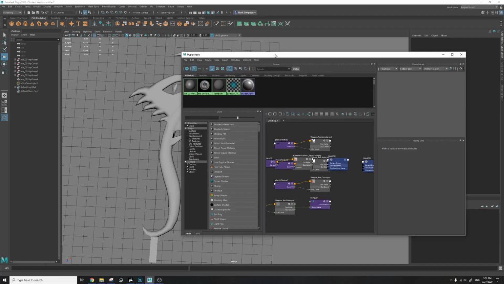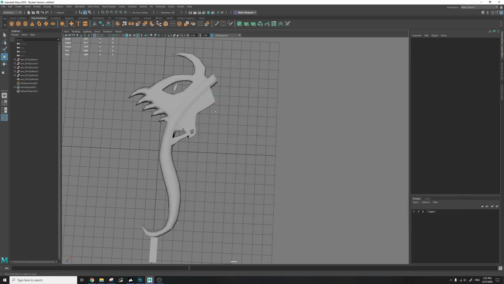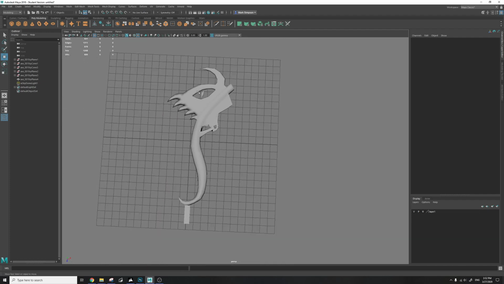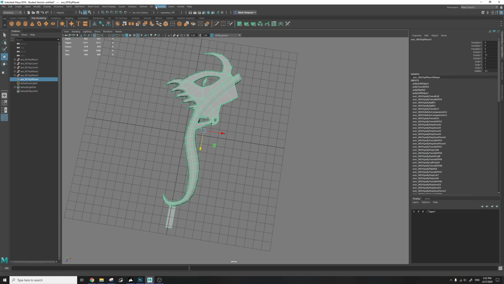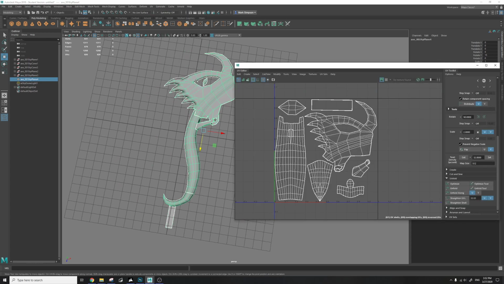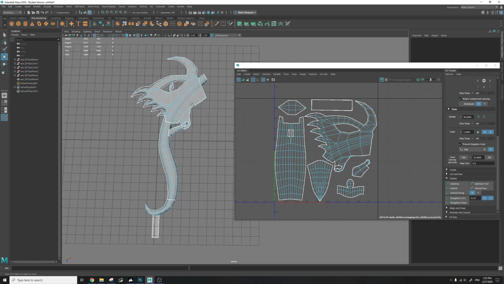Okay, welcome everybody. So today I'm going to walk us through the process of texturing the weapon. This is assuming that you've gone through the previous two tutorials of unwrapping, where we have all of our different parts laid out in the UV map. And from here, what we need to do is to export our map into an image that we can edit